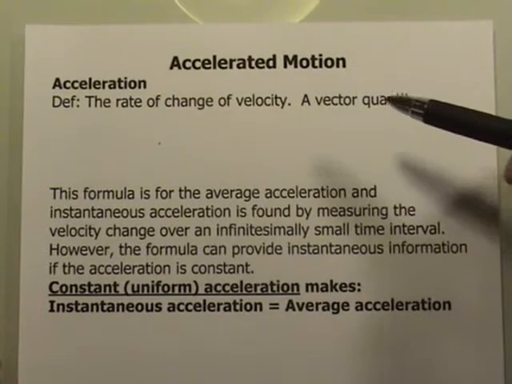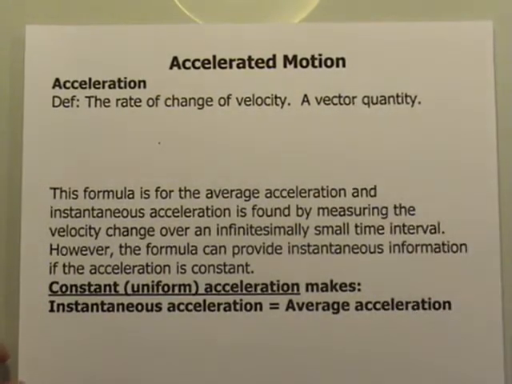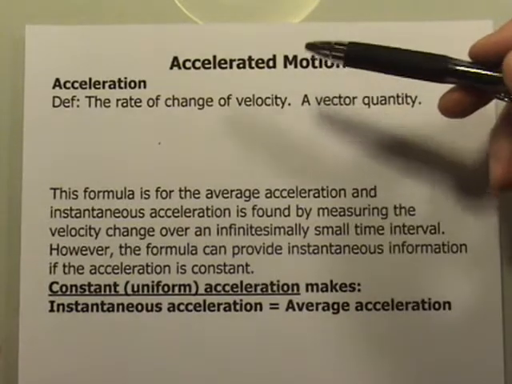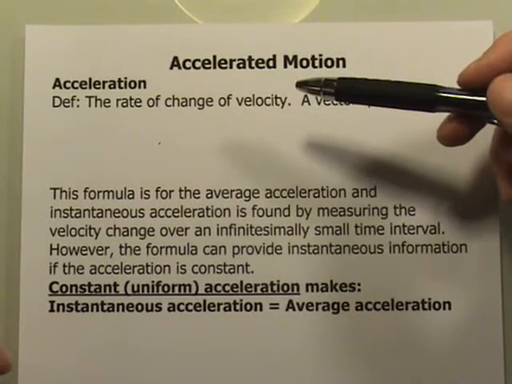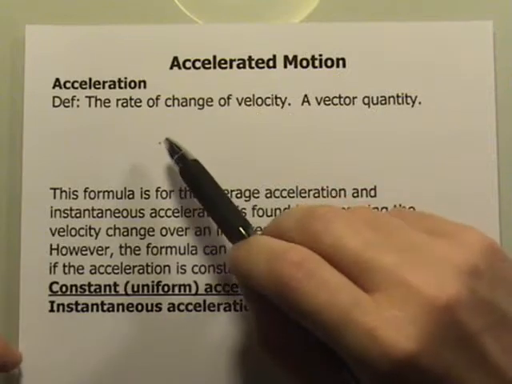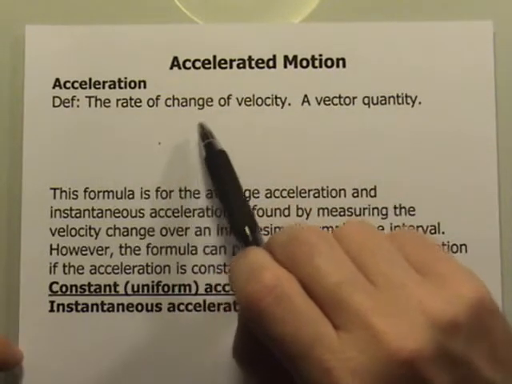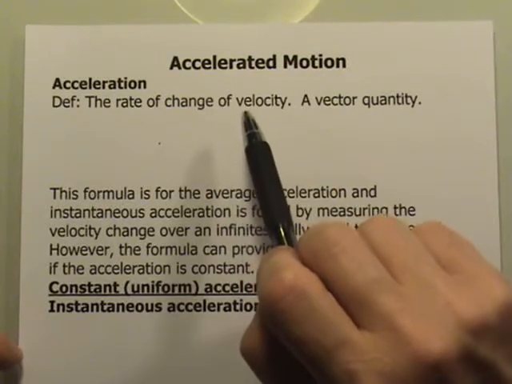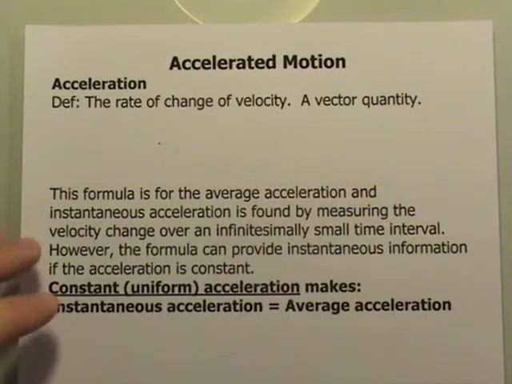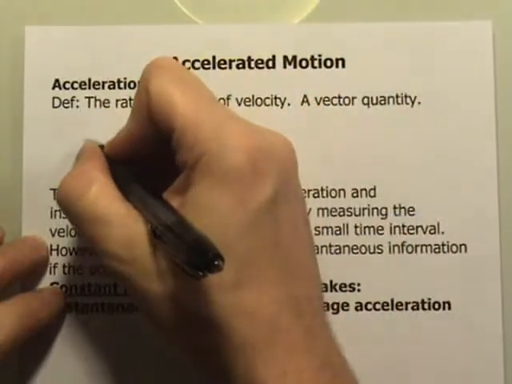So now in topic 2.2 we're going to look at accelerated motion, and this accelerated motion essentially refers to any kind of change of velocity, but the technical definition of it is the rate of change of velocity, and by rate of change of velocity I mean specifically the change of velocity with respect to time. That's a vector quantity, and we can define it through a formula,